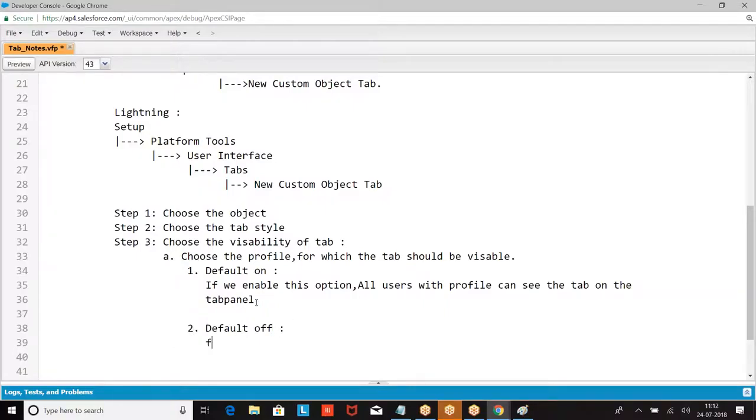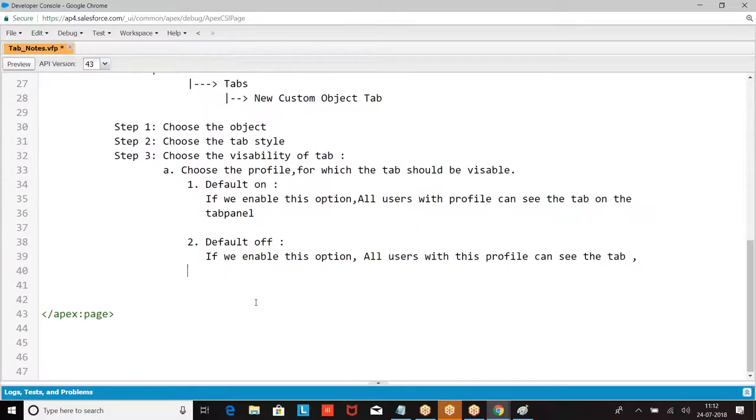If we enable this option, all users with this profile can see the tab, but not on the tab panel.